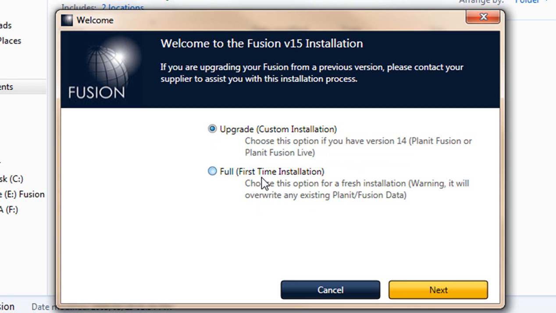The only time you ever want to do the first time installation is if you don't have any designs, if you want to do a fresh installation, if it's brand new, and you don't want the program to have any designs on it. For now you would click on Upgrade and go Next,